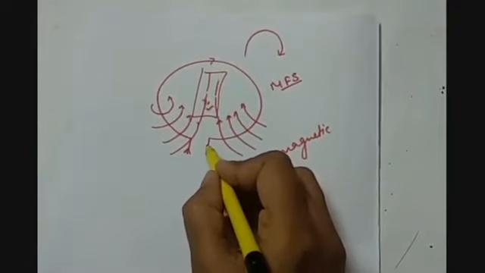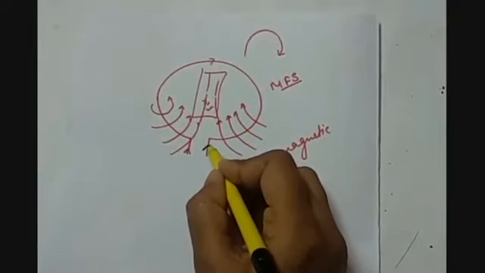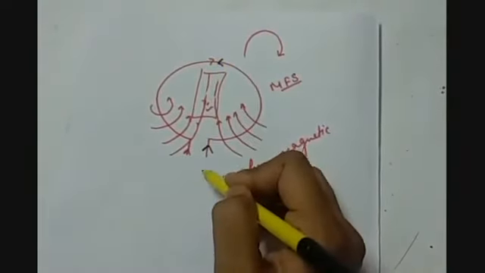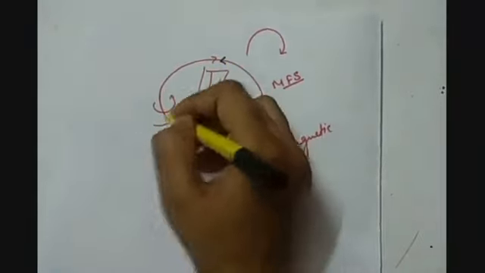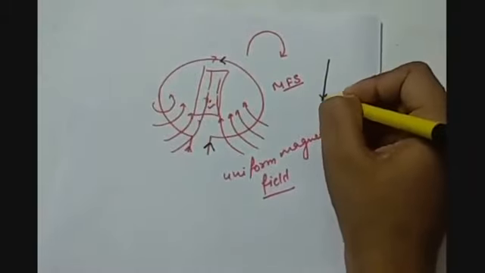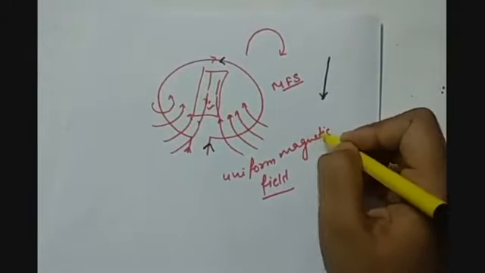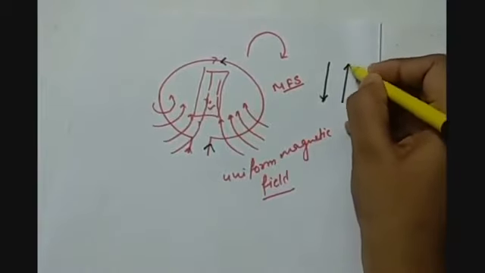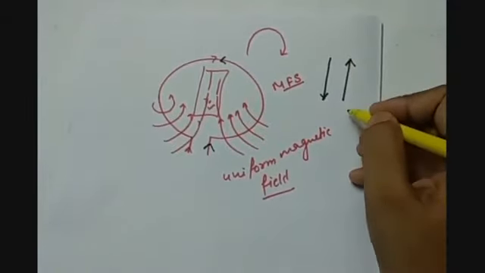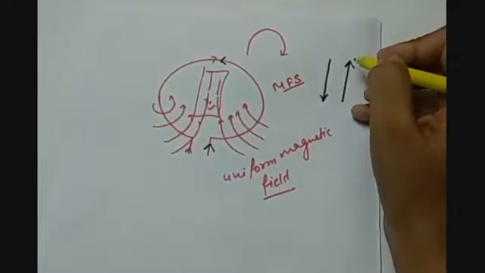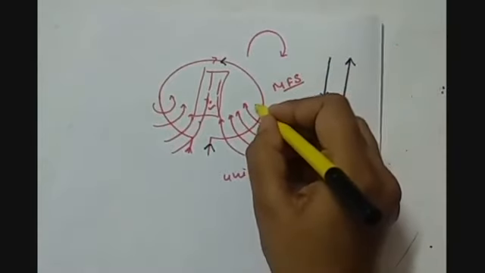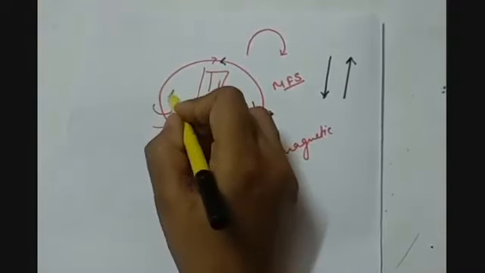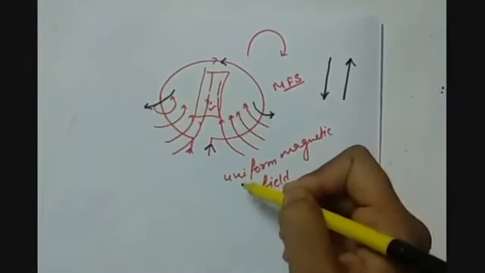If the electric current is flowing in this direction, so now the current direction is this. So this segment will behave as this, and this segment is behaving as the current flowing from south to north. So here the magnetic field lines will come out. Here also the magnetic field lines will come out.